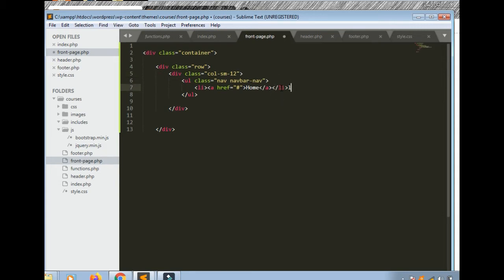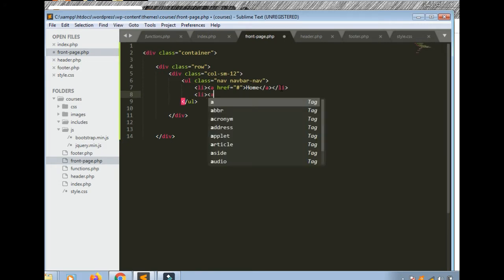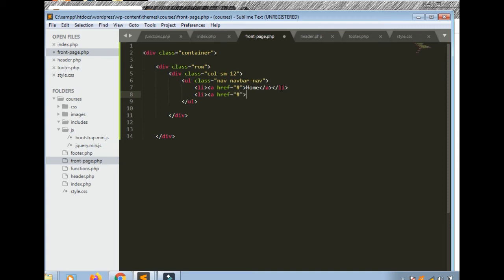The second li is a href, the second link is register link, and we close the li, and the third link is our login link. Href is equal to login. I close a and close li. This is our nav bar. Okay, I save it